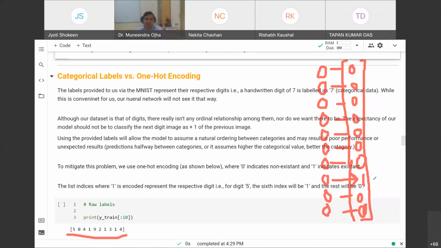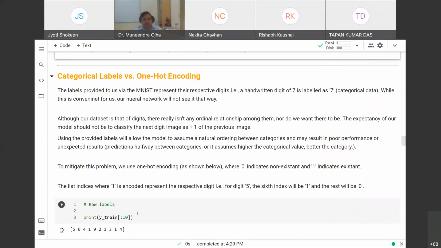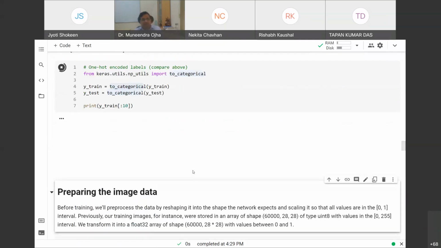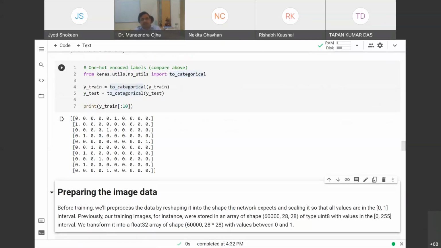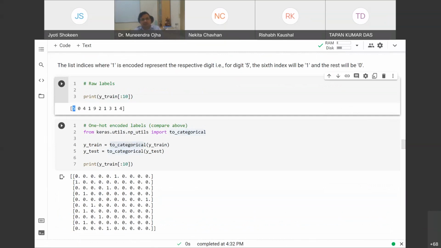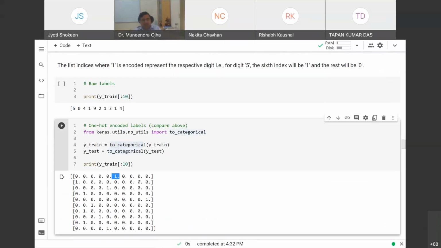We use the to categorical function to convert our categorical variable to one hot encoding. Now this is the one hot encoding. The first one was 5, so 0, 1, 2, 3, 4, 5: 5 is 1 and the remaining are 0.